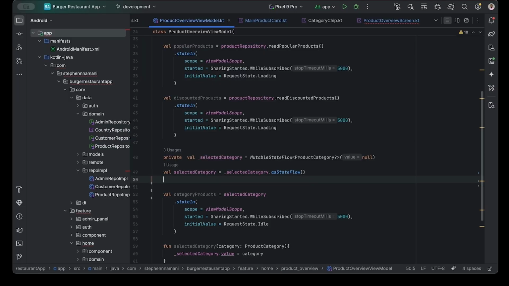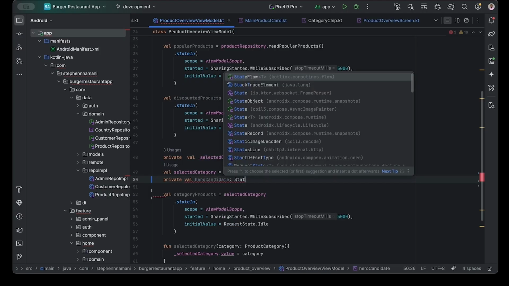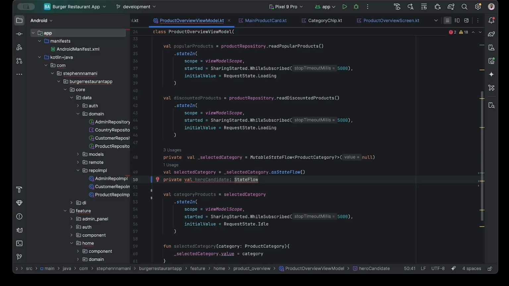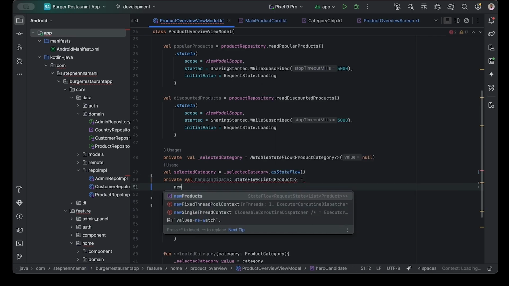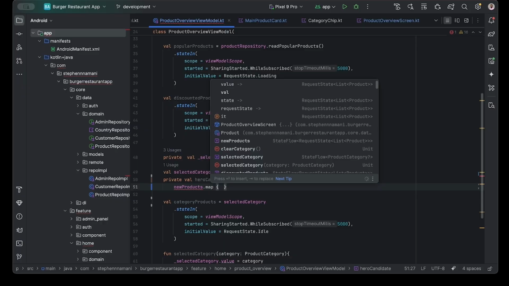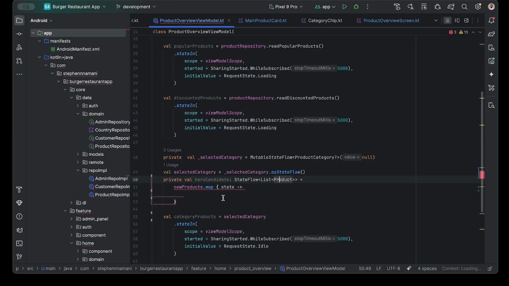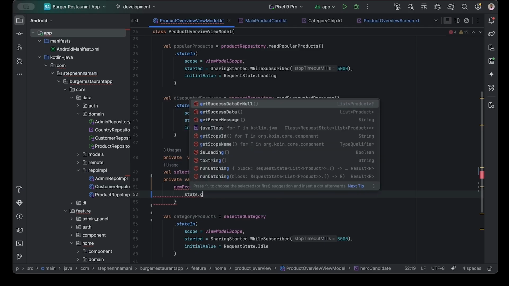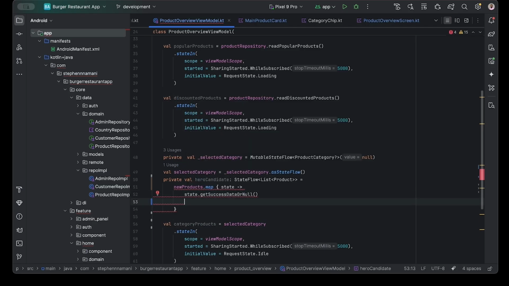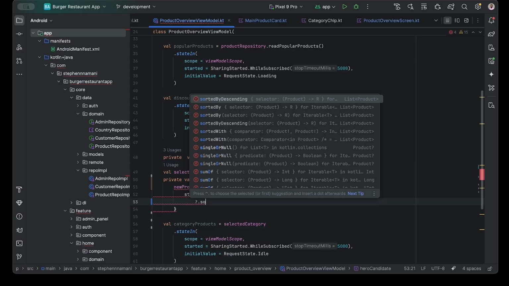Let's add that here. We first of all create a private variable, that's where we'll call our new product. So we call that our hero candidate like this, and that's going to be a state flow. That state flow is going to return a list type of products. So we assign that now to our new product, and we map that, let's call this our state. So here we say our state.getSuccessDataOrNull, then .sortedByDescending